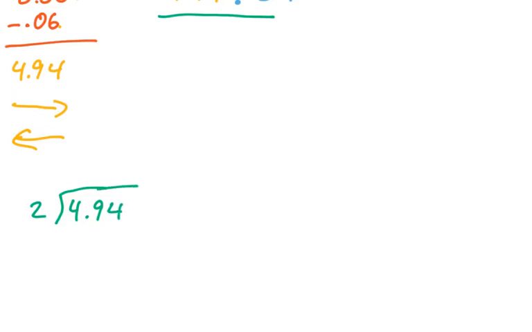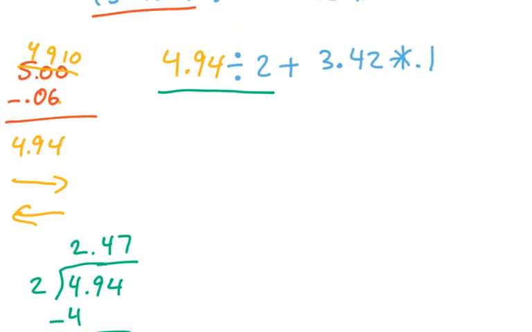So 2 goes into 4 twice. 2 times 2 is 4. Subtract. We're going to be left with 9. 2 goes into 9 4 times. It's going to give me 8. Gives me 14. So it's going to be 2.47. Now, let me rewrite the rest of it, and then I'll give you